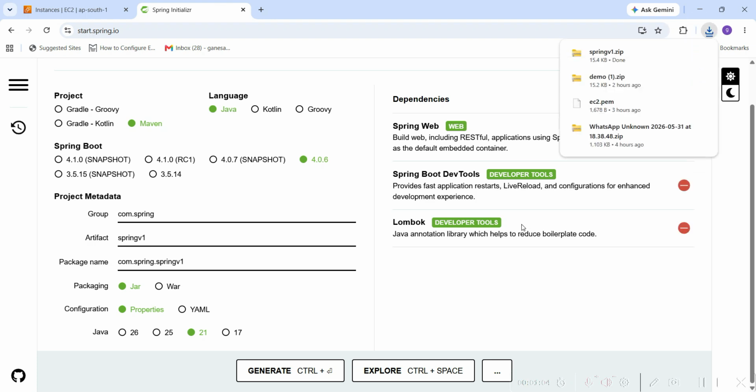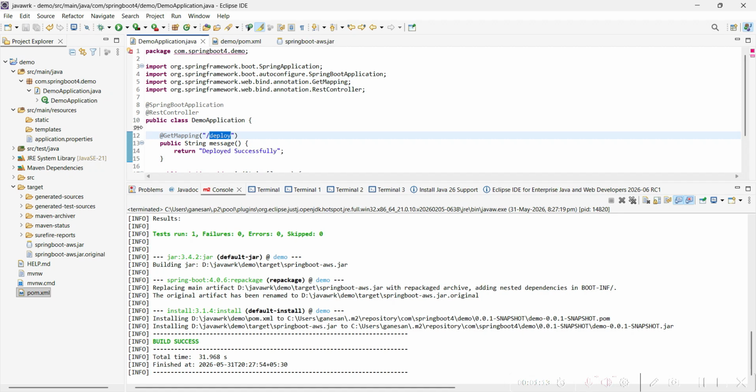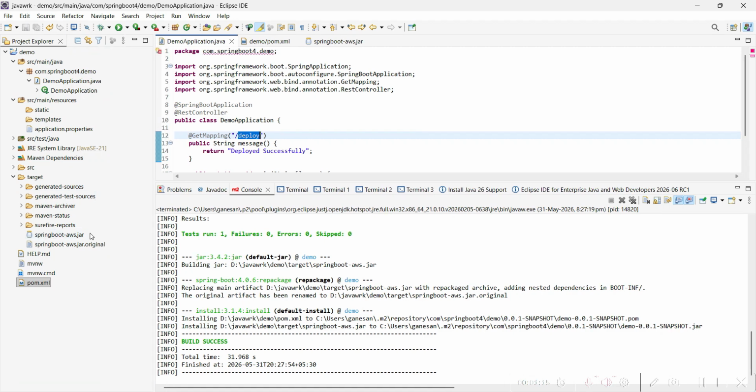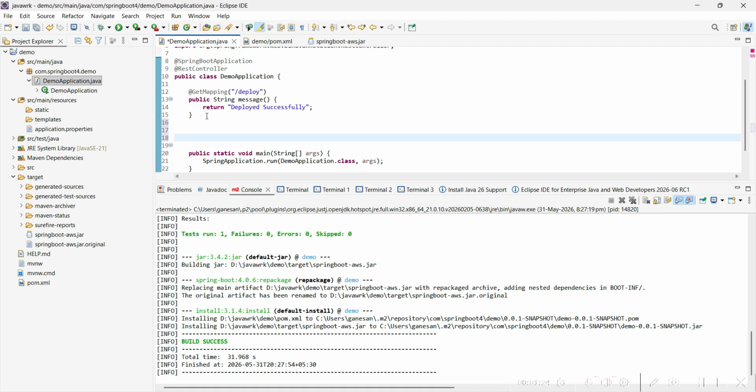Okay, it will generate the Spring version 1.zip. I will just open it in the browser. Okay, nothing to do here. Just go to the Spring demo application. Just add one get mapping